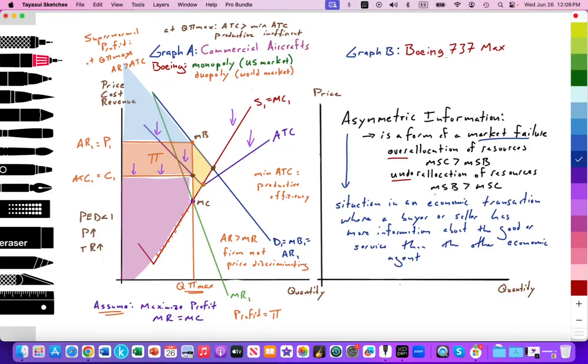Okay, so let's go ahead and illustrate this. To not be confused with our previous video, I'm going to label this as graph C. Again, it's going to be Boeing 737 MAX, but we're illustrating an asymmetric information example. Okay, where the consumer, parentheses the airline industry